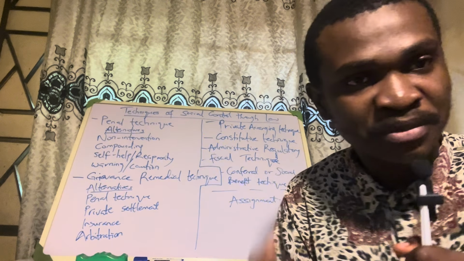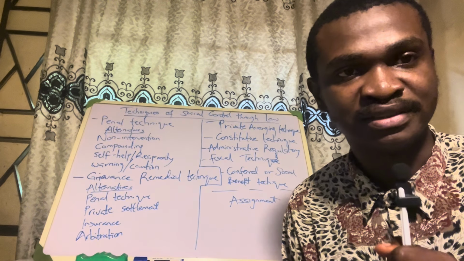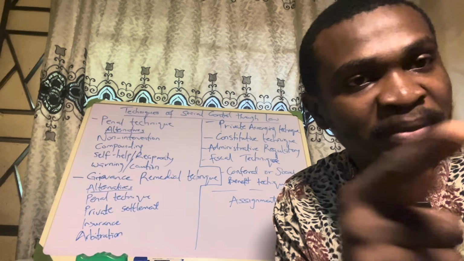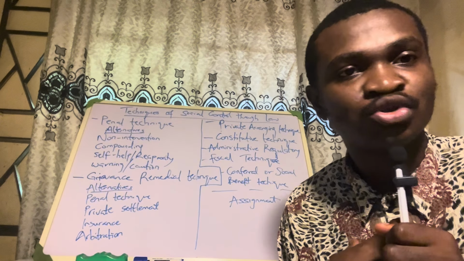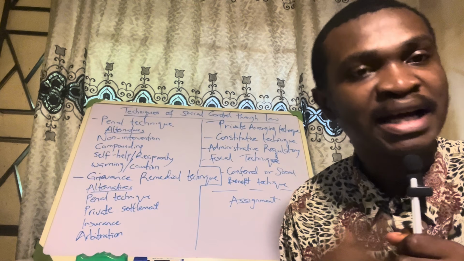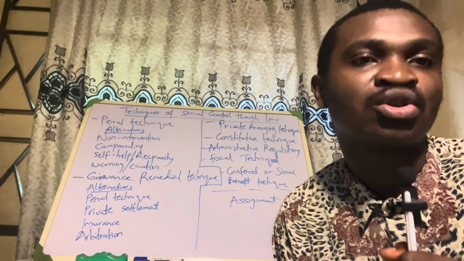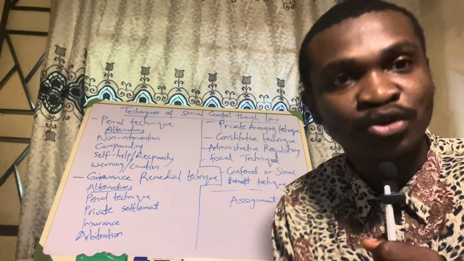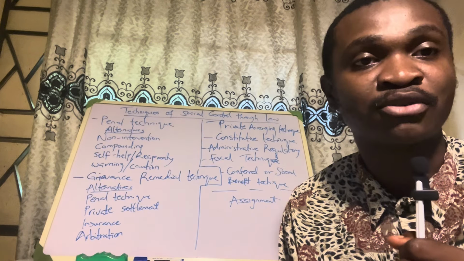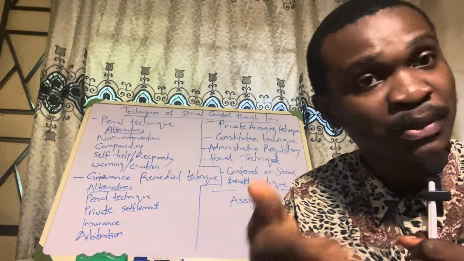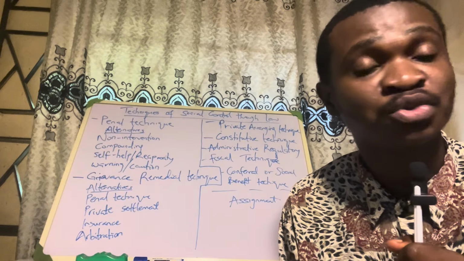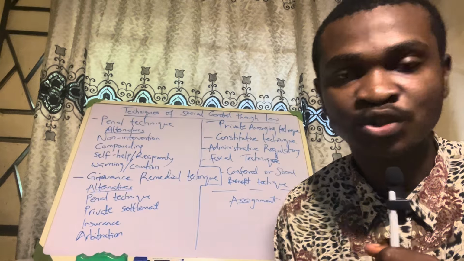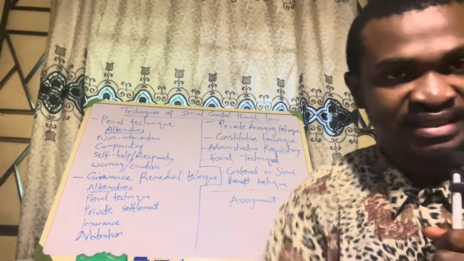If you injure me, I want a remedy. If we enter into a contract and you do not deliver your own part of the bargain, I would want to be pacified. I want a remedy. How do I get the remedy? I will sue you to court. When I sue you, then the court will give an order for you to pay me damages. It will be an order of court, of which if you don't comply, it is contempt of court, and probably you would go to prison. So that is grievance remedial technique.